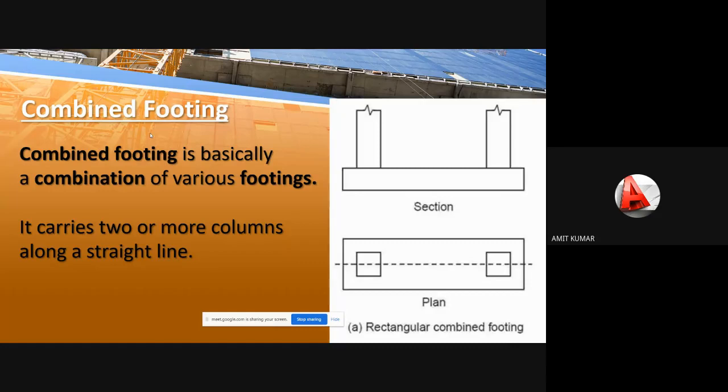It carries two or more columns also. As you see in the figure, there are two columns connected with a strap, but it is not compulsory to create only two. We can create more than two also.